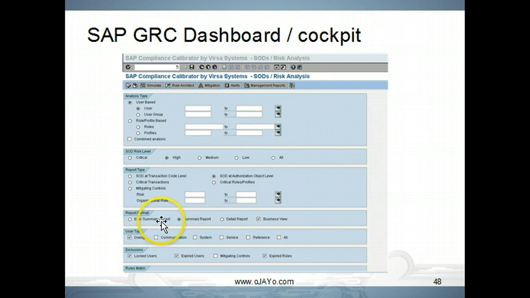Also, the report has various formats. There is a high-level executive summary report which you can get. The default is summary report. Then there is detailed report and there is business view, and we will look at each in the upcoming slides. The report is generally run on Dialog users because